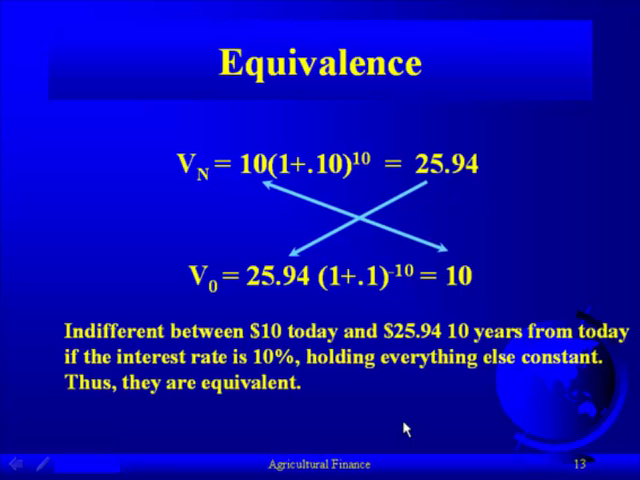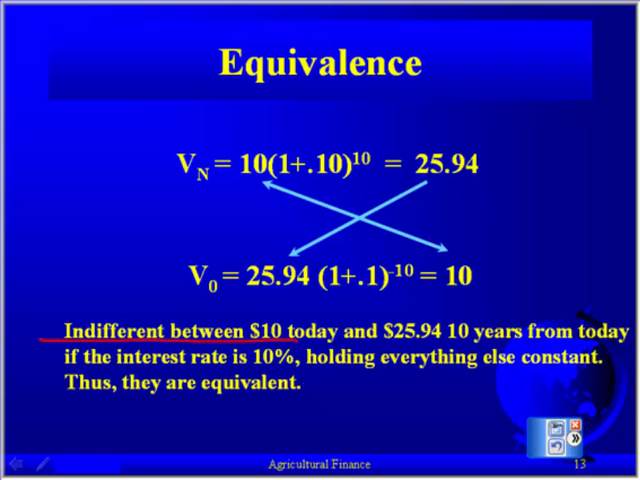Okay, now back to problem 4A and 4B. I did problems 4A and B also to illustrate the concept of equivalence. The statement is that we're indifferent between $10 today and $25.94 in 10 years from today. That's assuming that the interest rate is 10% and we hold everything constant and assume there's no risk and that you can borrow at 10% or you can save at 10%, so that we're just focusing on the